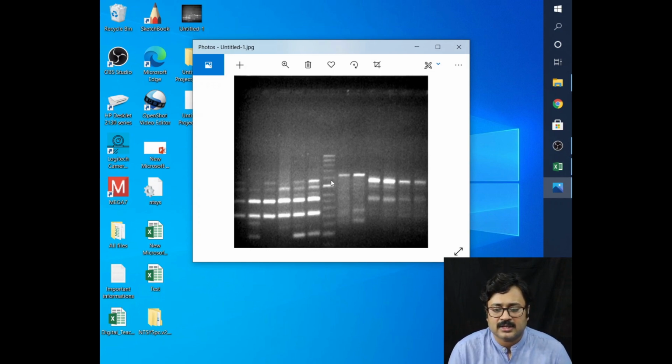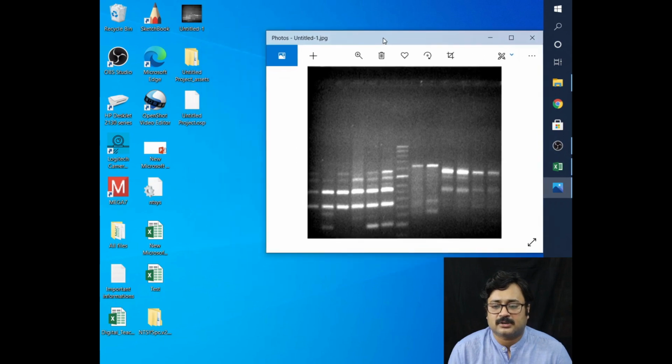Number two is that on this side I have a total of 6 samples. In this particular gel, I have run 2 different PCR products. This is the PCR product using primer 1, and this is the PCR product using primer 2. For the purpose of this video, we will only concentrate on the gel using primer A or 1. The first thing we will be doing is creating binary data using this particular gel photograph.